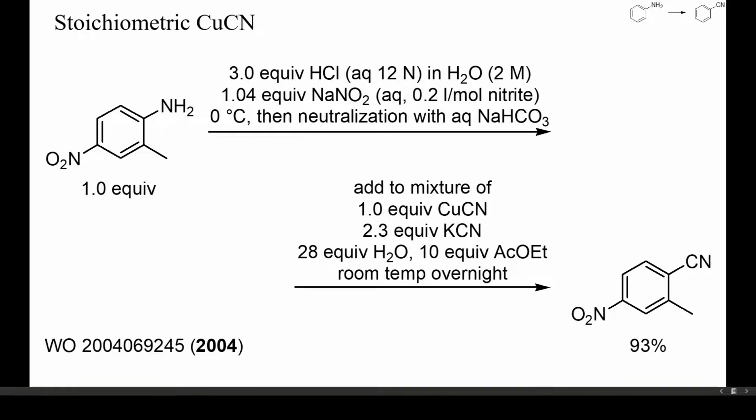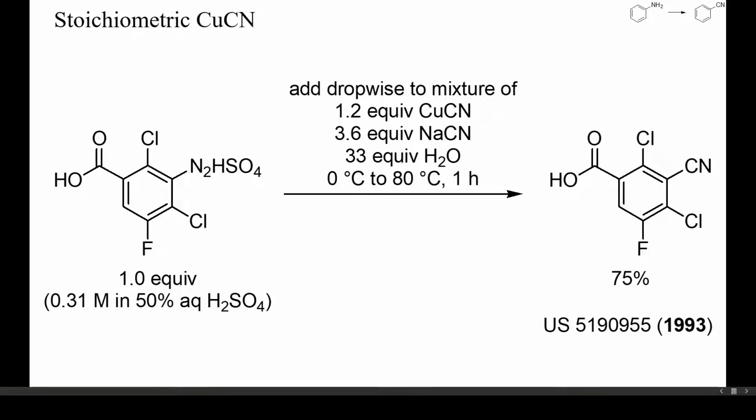This is a standard diazotation cyanation procedure of a simple aniline with just one equivalent of copper cyanide. To prevent hydrogen cyanide formation, already the diazonium chloride solution was neutralized with sodium bicarbonate. I would rather have added the bicarbonate to the copper cyanide or simultaneously during the addition of the diazonium solution, to prevent additions to the diazonium cation. Anyway, the expected nitrile was obtained in high yield. Also, aminobenzoic acids can be cyanated this way, as shown here.